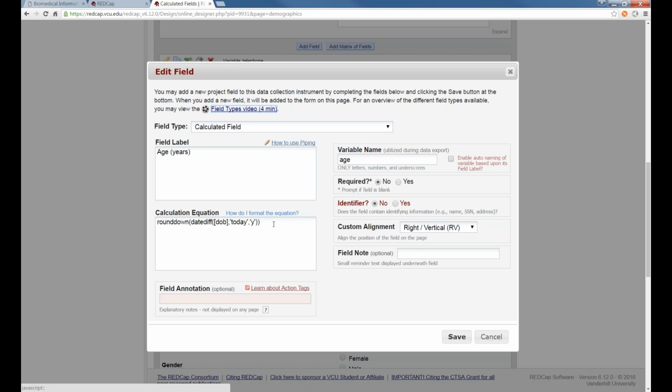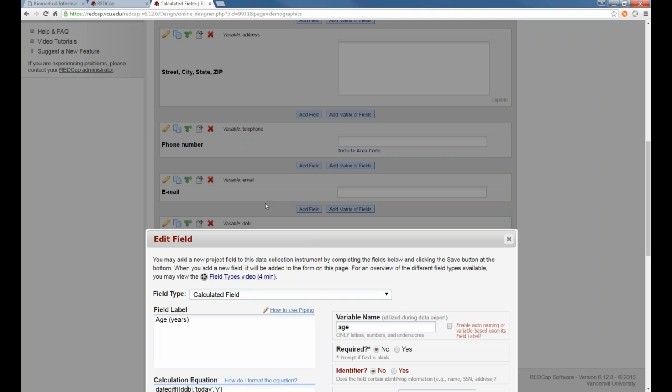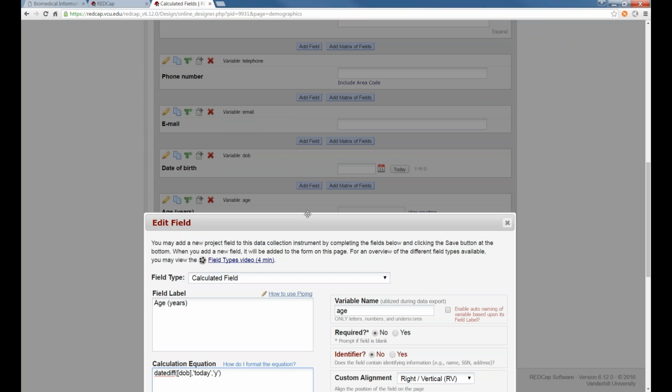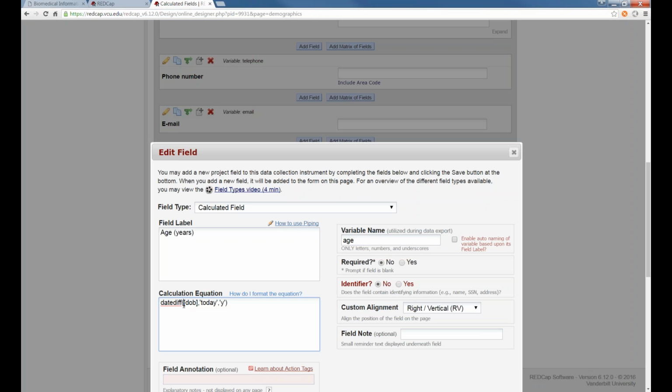All right, so let me explain a little bit. When we go into calculating the age, round down is a function that is going to round down. It's going to have 1 decimal place as the final output. Let's just make it a lot more simple with this here. So dateDiff, taking the date of birth, and you're asking maybe where's this date of birth coming from? This is the variable that is available to us because this was added to the instrument. Again, you would have a date of birth or some other question that takes in a date value, like this here. This DOB value, as you can see, doesn't have the bracket, and if you're going to use a variable in your instrument, you have to